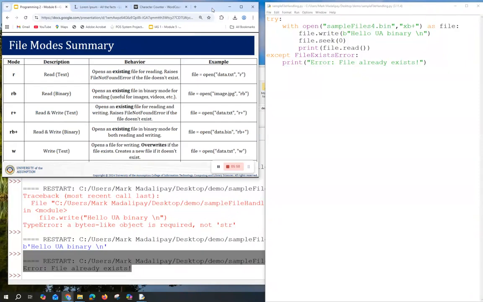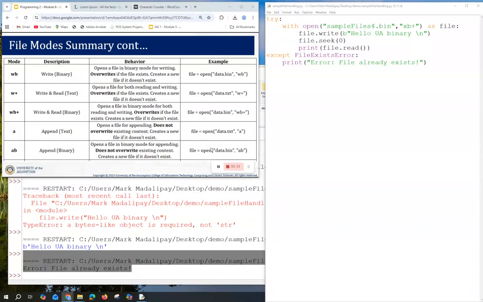So these are the summary of our file handling. So we have R, RB, R plus, RB plus, the W. R is for read text. It opens an existing file for reading. RB is for binary mode, read and write. Okay. So you may just want to go over this one as I provide you this summary.